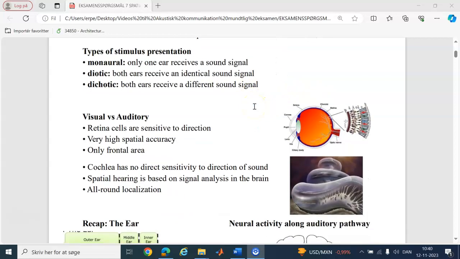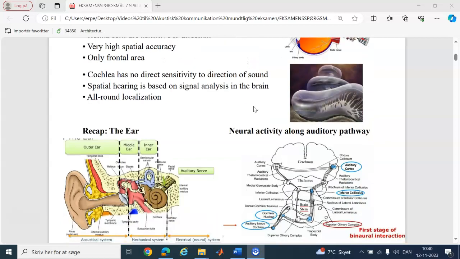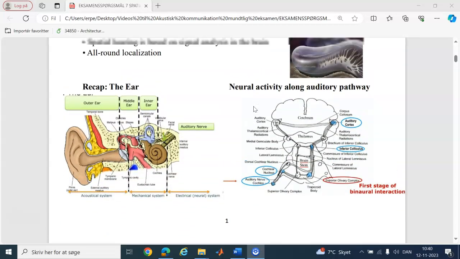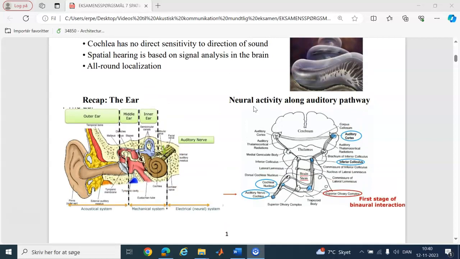Visual versus auditory. Retina cells are sensitive to direction, with very high spatial accuracy, but only in the frontal area. The cochlea has no direct sensitivity to the direction of sound. Spatial hearing is based on signal analysis in the brain. It's all-around localization. So we have the ear, a recap of the ear: the outer ear with pinna, concha, ear channel, and